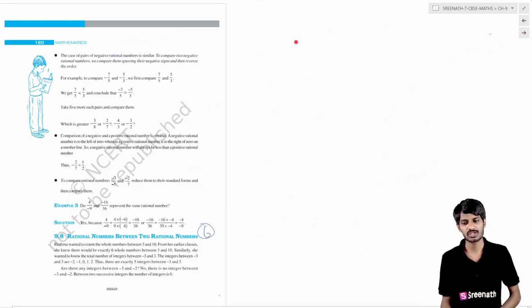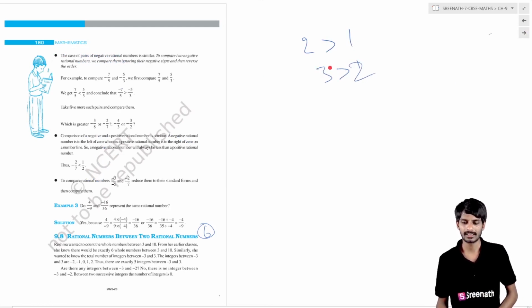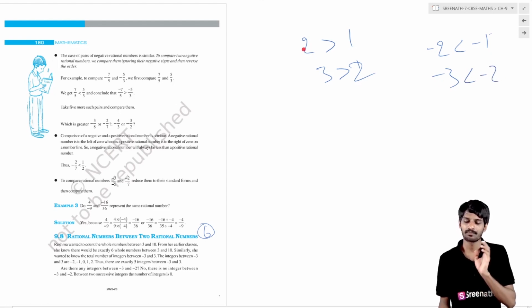One more thing is, we know 2 is greater than 1, 3 is greater than 2, like that. But whenever the case is negative symbols, minus 2 is less than minus 1, minus 3 is less than minus 2. Why? Because whenever there is a positive sign, 2 is greater than 1, but whenever there is a negative sign, what you have to do is just